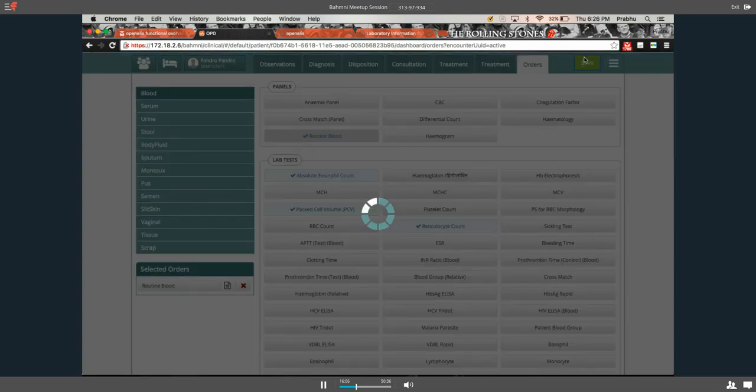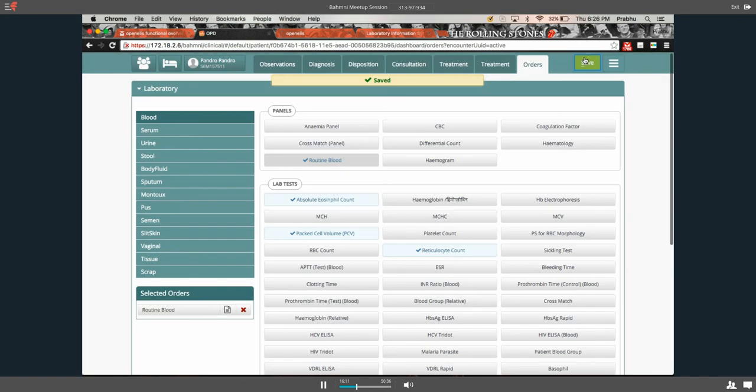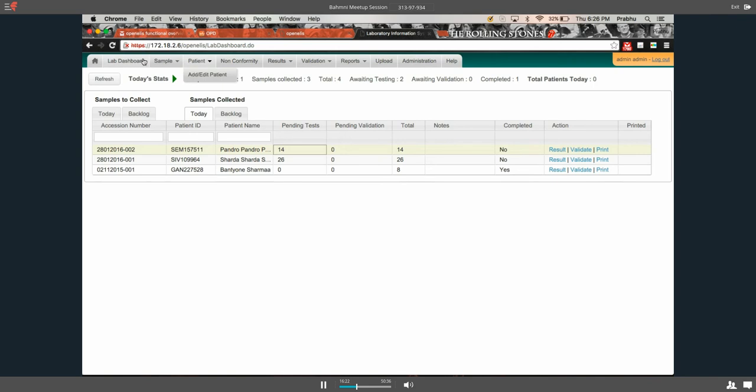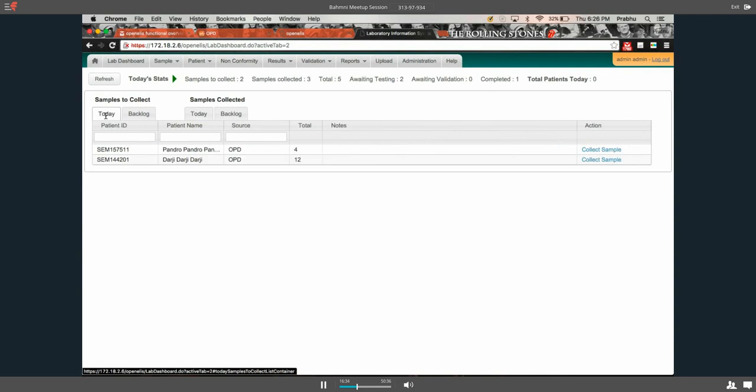If I save this information now, and for those of you who've attended the previous Atom Feed session, you might be aware about this sync already, that whenever I save information here for the lab orders, it gets synced through Atom Feed to the OpenELIS here. So if I refresh the dashboard now, and I go to samples to collect,